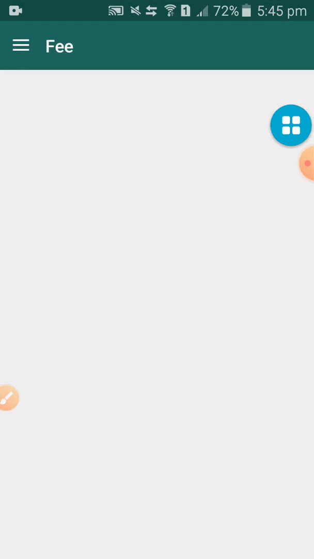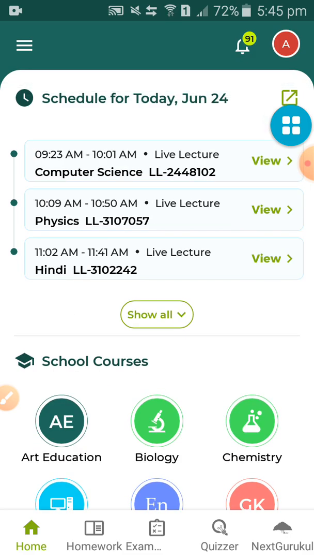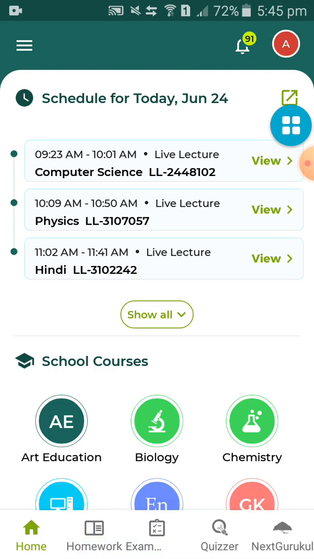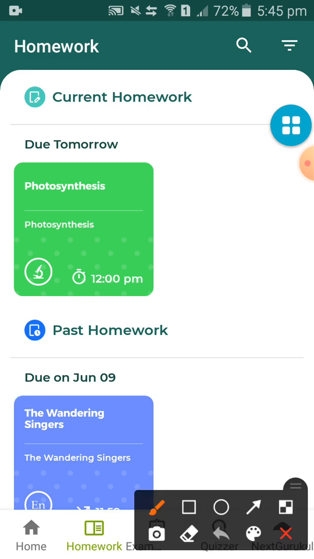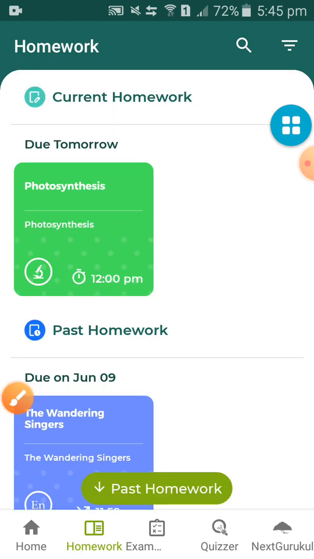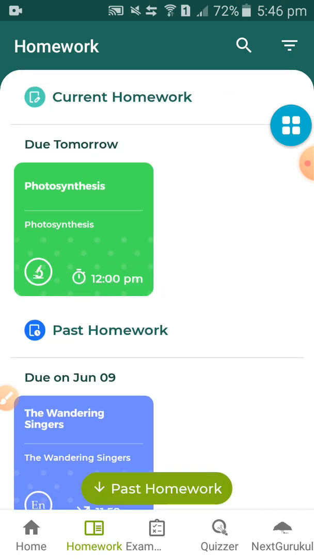The home page is this, and when you open the homework page, this one, then what will come? Let me tell you. When you open the homework page, this type of interface comes, in which past homeworks and whatever homeworks are there. If you have missed one, then this icon will show. If it is still pending, then this alarm icon will show. Yeah, like I have to submit this, but my copy is submitted.